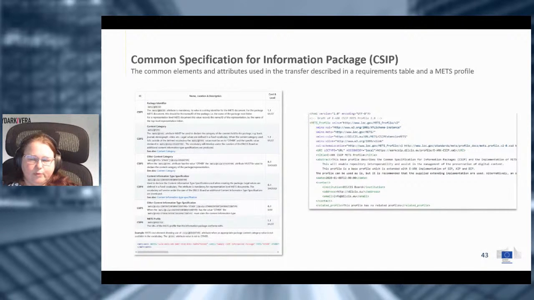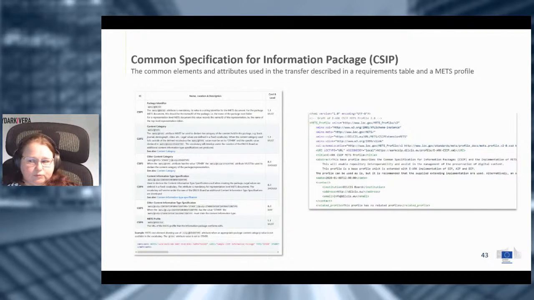What we from the METS board ask you to do when you're using the standard is to create a profile telling how you are using the standard. That has, of course, been made also for the CSIP. We have a METS profile showing how you are using METS.